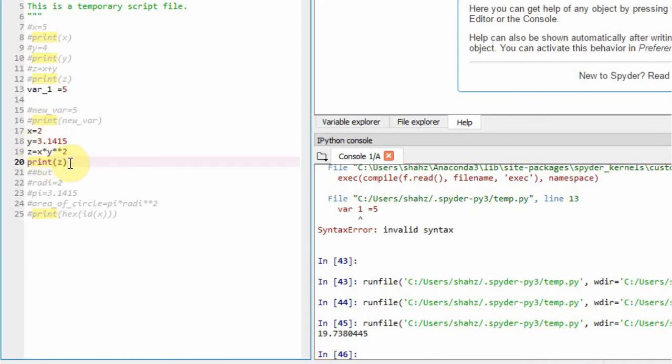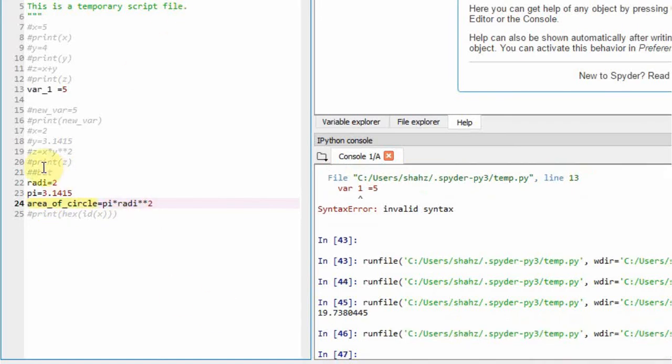Looking at this code, you cannot understand what is happening, but if I use these names instead, you will have a better idea of what I am doing here. For example, I say radius is equal to 2, pi is equal to 3.14, and the area of the circle is this. Now if I run this, you can understand that I am trying to get the area of the circle through this code. So this is a better way when you have long codes, and it will help when you have given the right names to the variables.